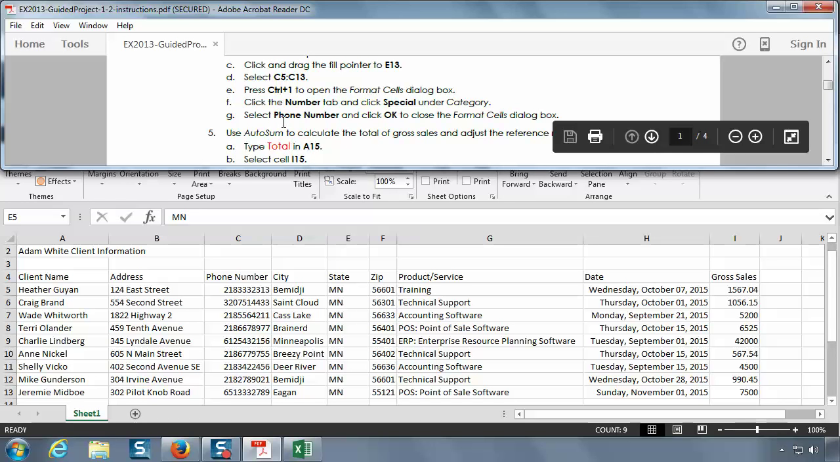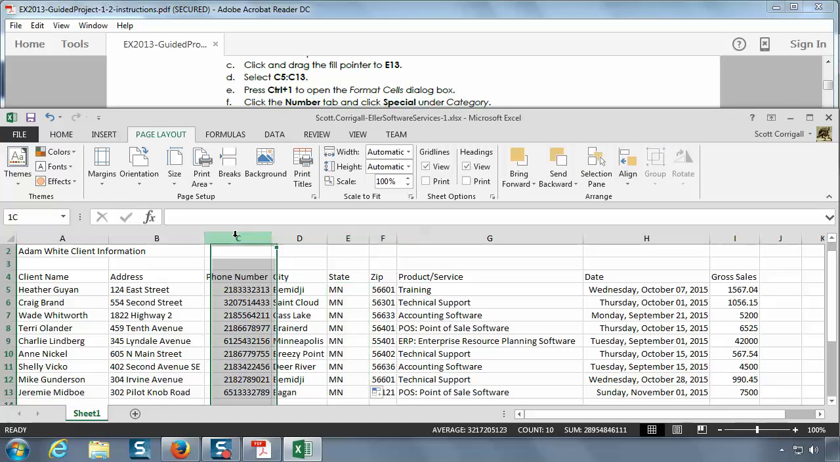Now we're going to start manipulating the way things look. C5 through C13 is what they want us to select in step D. So I go to the correct column here, C, and I'm going to start in row 5. Where do they meet? Here's C5. Remember, you can make sure by looking in the name box. It wants me to select C5 down to C13. I've chosen them all,